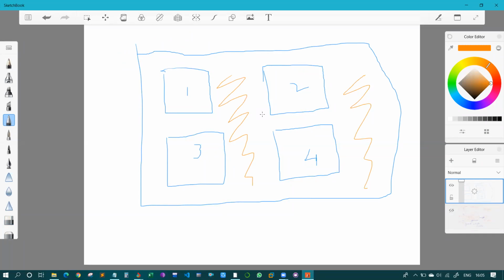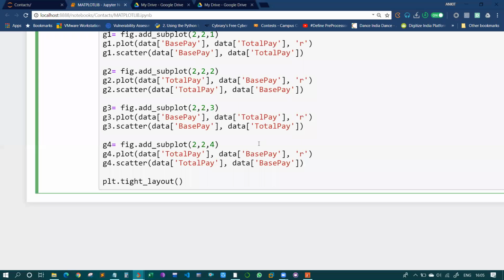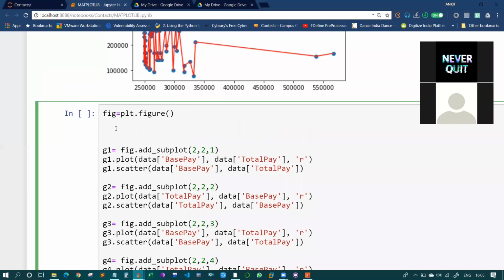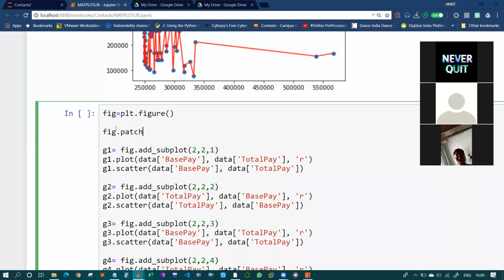You can add this background by just mentioning 1 line of code. Just copy any piece of code you have written of subplot and just write fig.patch.set_facecolor. For example, I am adding cyan color.